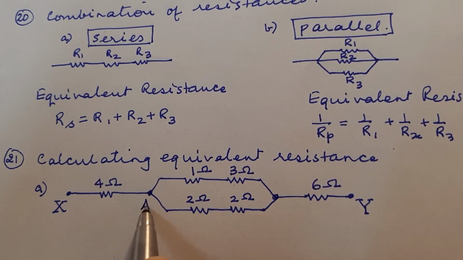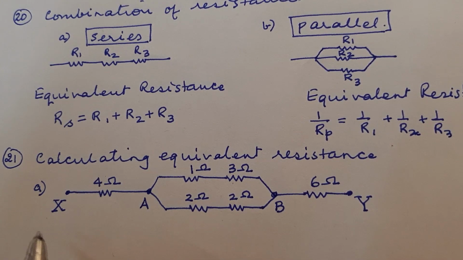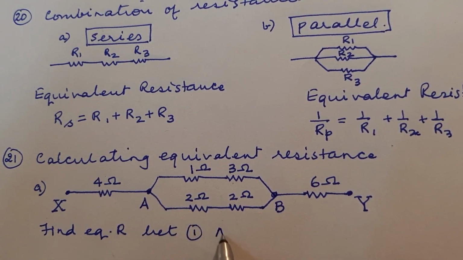I'll call this point as point A and point B, and so between A and B, the 2 resistors here, they are in parallel, and then in turn it is connected in series with Y. So now if we have to find the equivalent resistance between, let us say, A and B, and the second case X and Y,